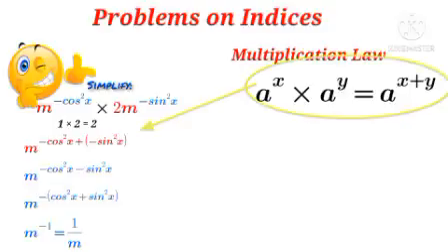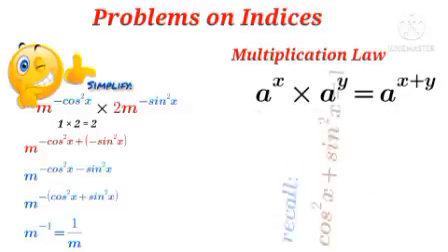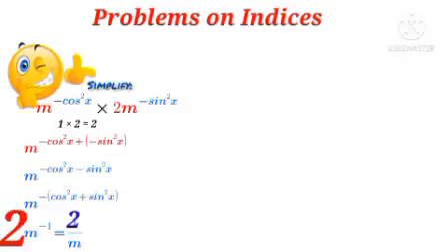And using the multiplication law, we have m raised to the power of minus cos square x minus sine square x, which becomes 2m raised to the power of, we can factor out the minus. We have 2m raised to the power of minus, cos square x plus sine square x. And obviously, if you are good with trigonometry ratios, you would know that cos square x plus sine square x is equal to 1. So we have 2m raised to the power of minus 1, which is equal to 2